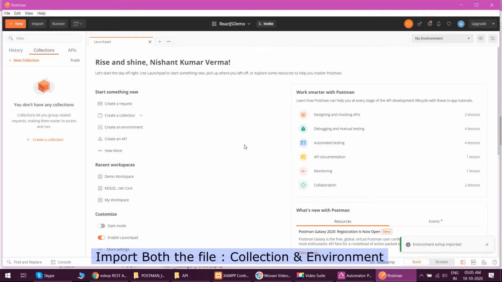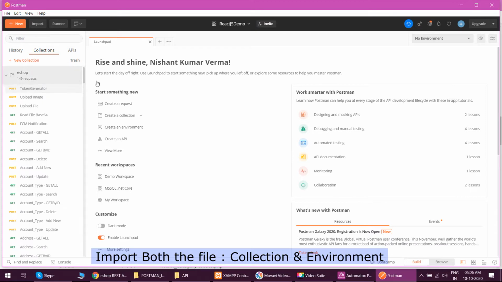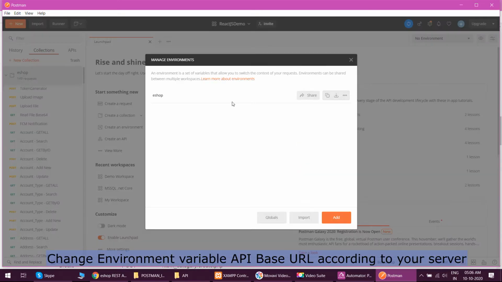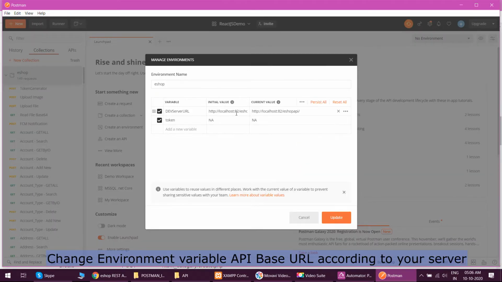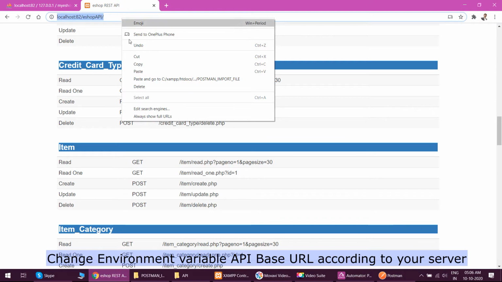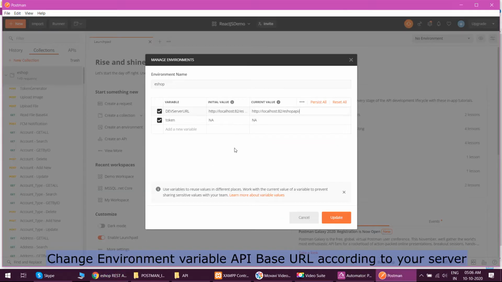Once we import, it will take some time. Yes, the files are imported. So the ESOP API collection is created and an environment variable is also created. Change this environment variable to your API base URL, which is my localhost ESOP. So I'll just replace that.